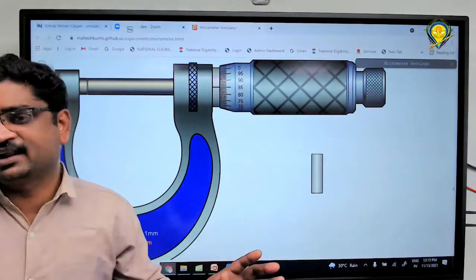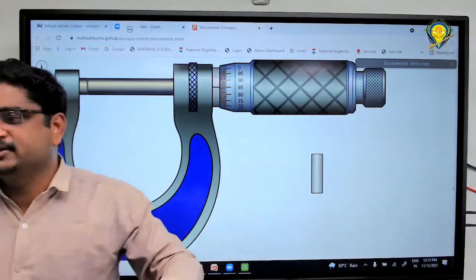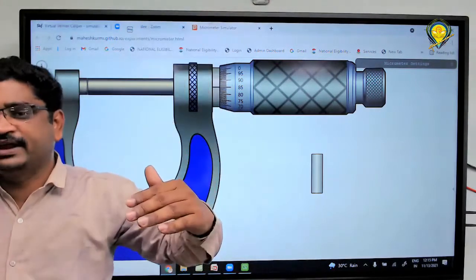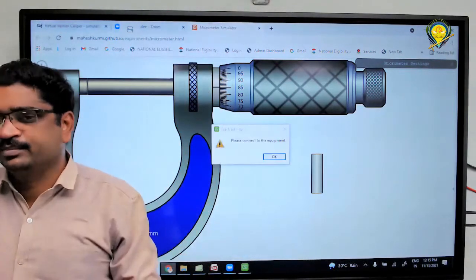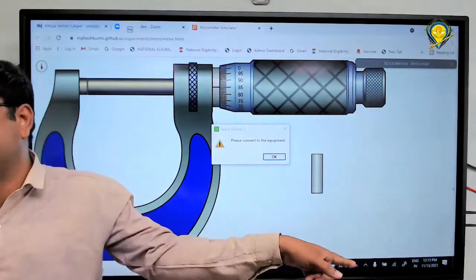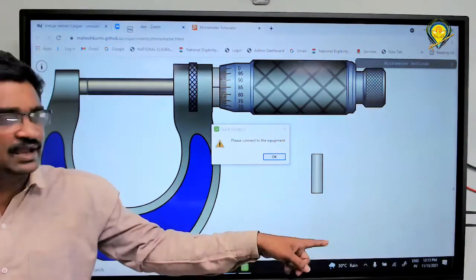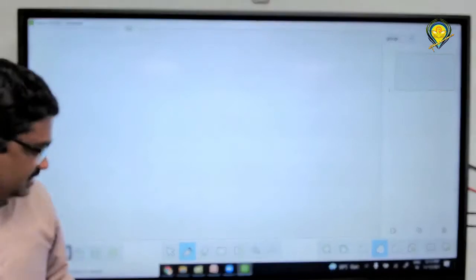So errors are clear or not? Sometimes they will specify 0 is above the horizontal line, or 0 is below the horizontal line. Based on that also, you need to specify whether it is a positive error or negative error. Next.